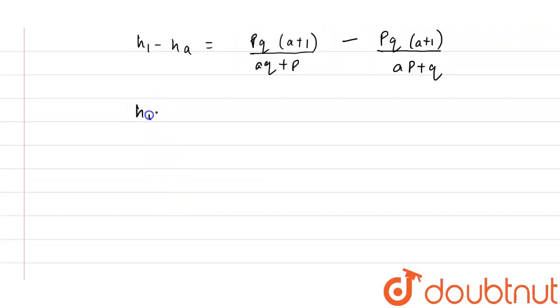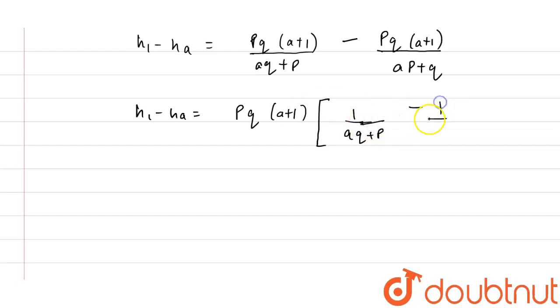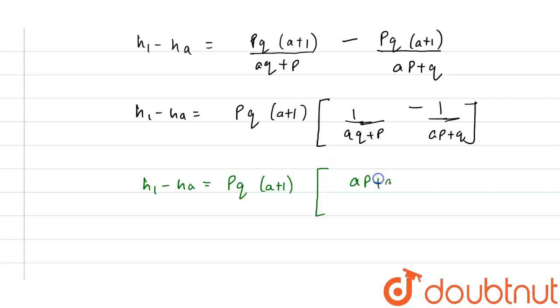So h1 minus ha is equal to, if we take pq common, a plus 1 is common, we get 1 divided by aq plus p minus 1 divided by ap plus q. Now if we cross multiply these terms, we get h1 minus ha equals pq multiplied by a plus 1, and we get ap plus q minus aq minus p,